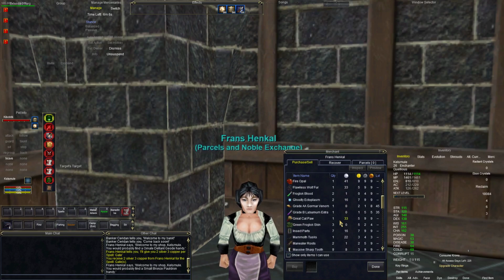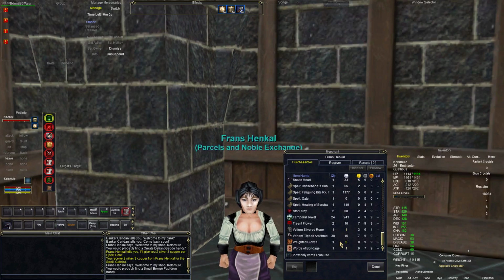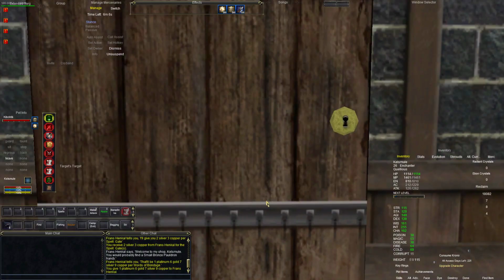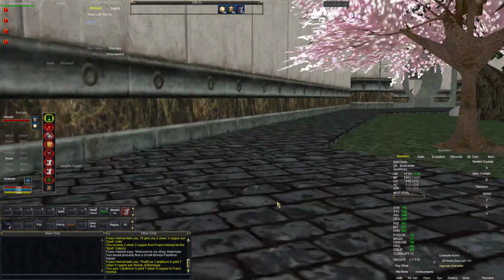I'm looking for primarily trade skill items. I have several high-level characters, and I'm trying to up my trade skills in several of them. Here's Words of Bondage, and these can be used in alchemy. I'm going to go ahead and buy that one. Of course, looting these items